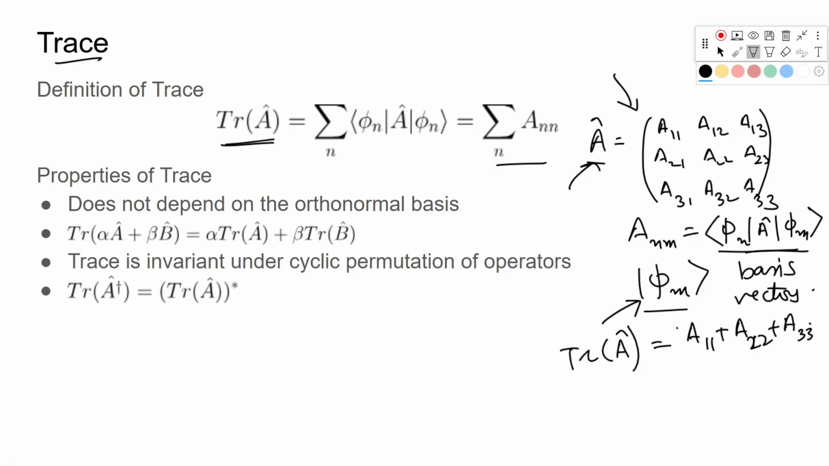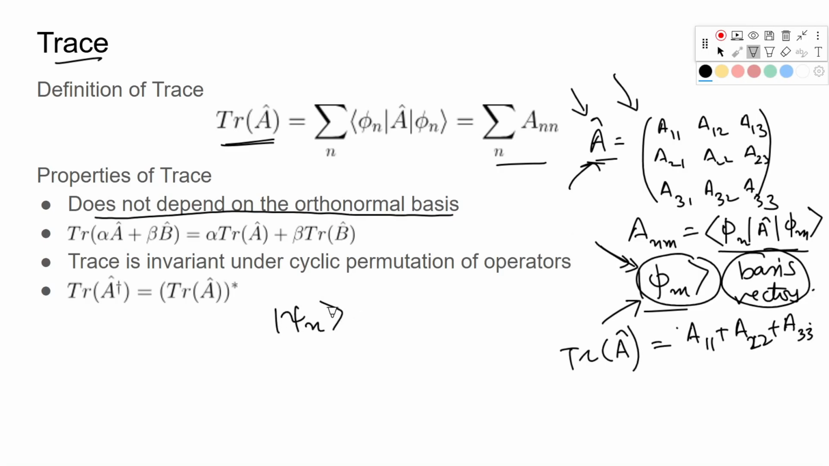Now, an important thing to note is that the choice of the basis vectors is arbitrary. If we can represent any operator in one set of basis vectors, we can represent the operator in a different set of basis vectors also. So the choice of basis vectors in which to represent an operator is arbitrary. However, the trace does not depend on the orthonormal basis that we use to represent the operator. So whether you represent A in one basis vector set or some other set of basis vectors, the trace does